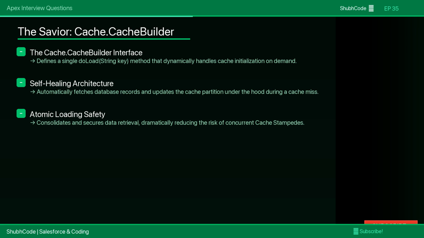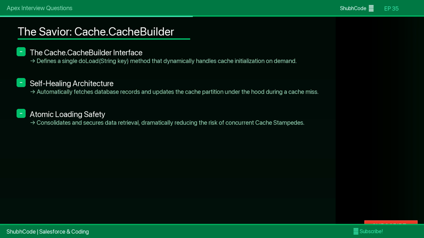The interface requires you to define a single method, public Object doLoad(String key). Inside this method, you write your SOQL queries or callouts, like: public Object doLoad(String key) { return [SELECT Id, Rate__c FROM Tax_Rate__c WHERE State__c = :key LIMIT 1]; }